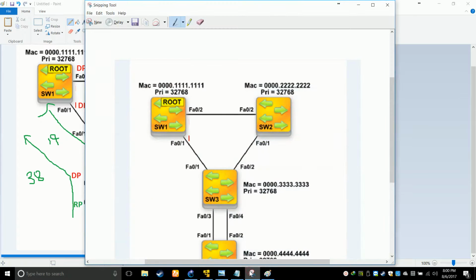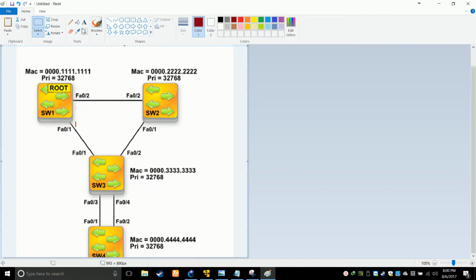Physically it will be like this, but logically the topology, let me erase here, will look something like this. You will not have anything here. It is like this. This is your logical topology. As simple as that.